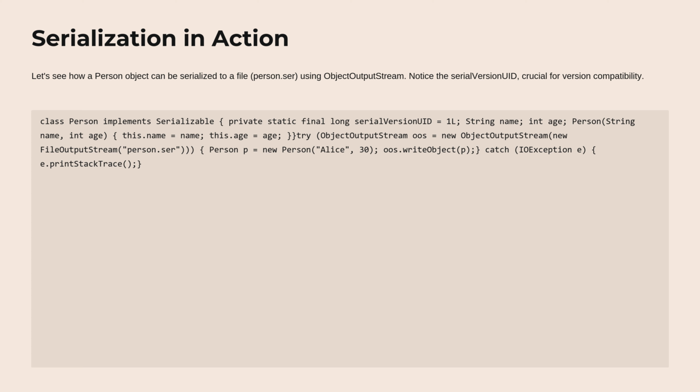class Person implements Serializable { private static final long serialVersionUID = 1L; String name; int age; Person(String name, int age) { this.name = name; this.age = age; } } try (ObjectOutputStream oos = new ObjectOutputStream(new FileOutputStream("person.ser"))) { Person p = new Person("Alice", 30); oos.writeObject(p); } catch (IOException e) { e.printStackTrace(); }